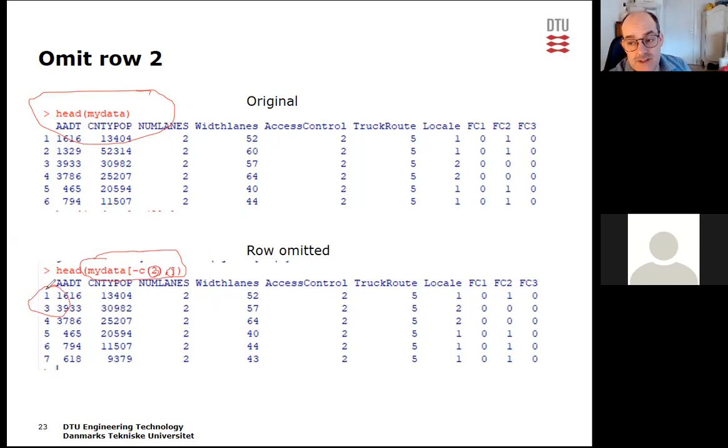It's not gone. It's just not displayed. It's omitted. It's still in the data set, but I'm not using it for this current command. So row 2 is gone. So this is just an example. This is a way we can manipulate this. So now